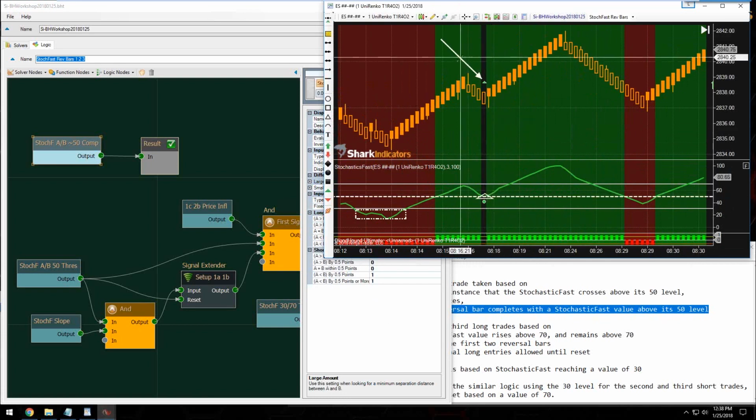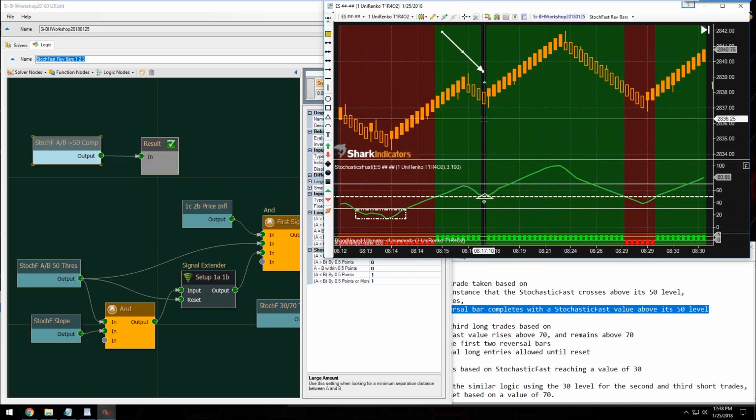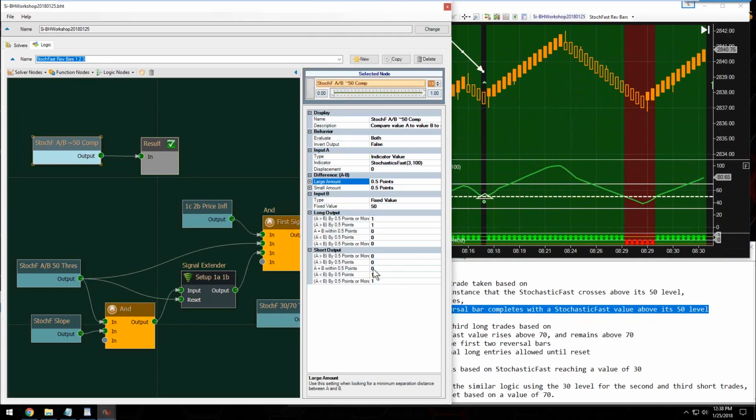So we're not done yet. Right, there's actually no output on this bar in question. There's no output yet, and that's because we need to adjust the output settings here. So the whole reason why we're using the comparison solver is we have this A equals B, and you can see it says now within half a point. So if we turn that on, like so,